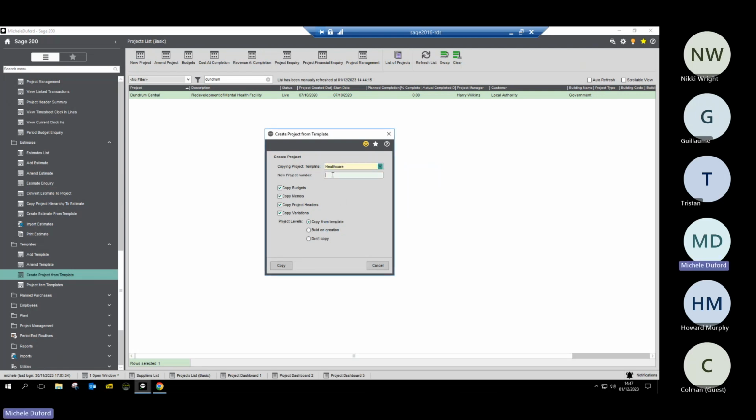The new project number, because I don't have automatic numbering switched on, I'm just going to put in Test for Howard as my new project. Yay. Infamous in the system, Howard. We're going to copy the budgets, copy the memos, copy the project headers, copy the variations of the template that I have designed in the background, and simply create a brand new project called Test for Howard, which is now